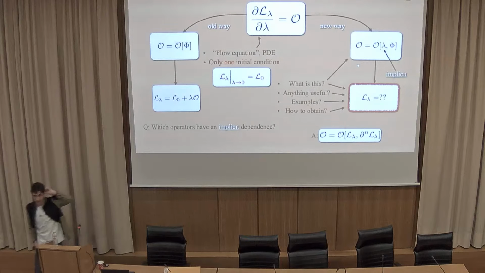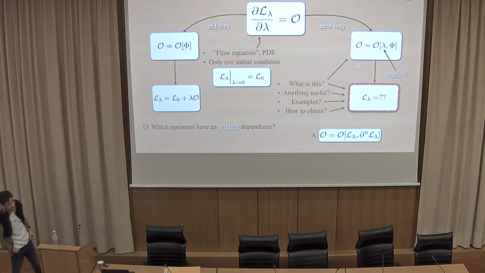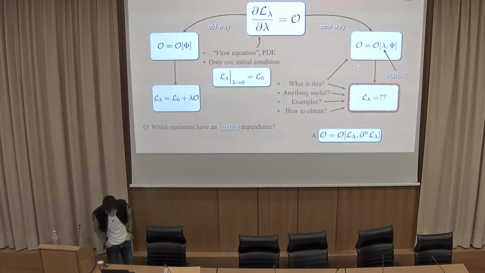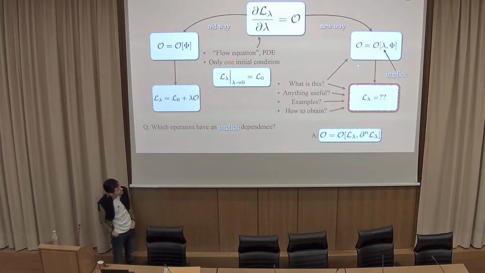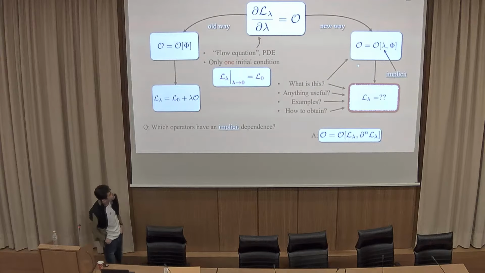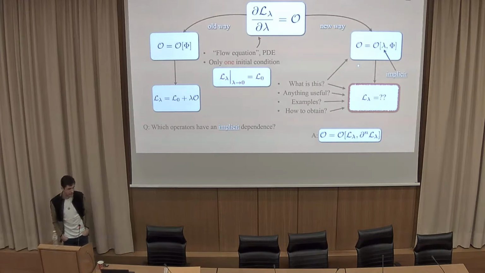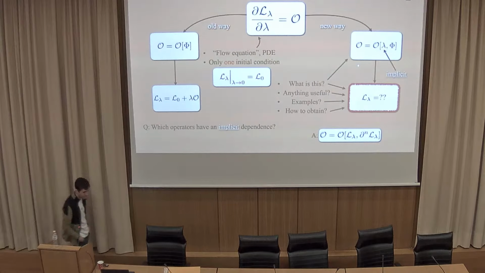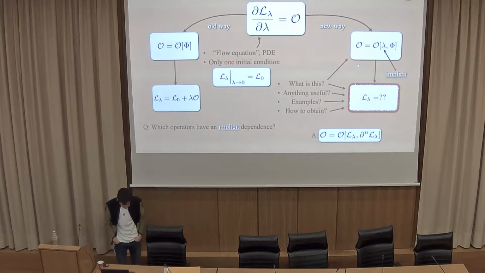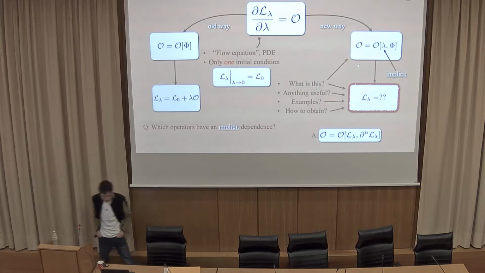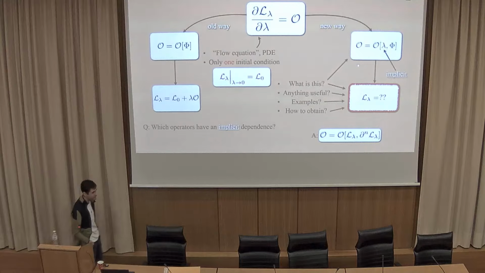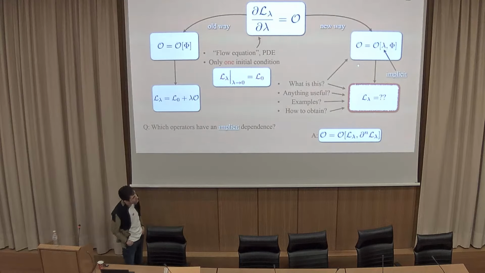So then the question is, what is that equation? And what are actions that satisfy this type of equation? Moreover, which are the types of operators that have this particular implicit dependence on lambda? And the only data that I've given you so far is that you have some undeformed theory, some deformed theory, and pretty much that's it. So you understand that this operator, at the end of the day, should be some implicit function of the deformed functional that I'm trying to find in the first place. So this is very counterintuitive.